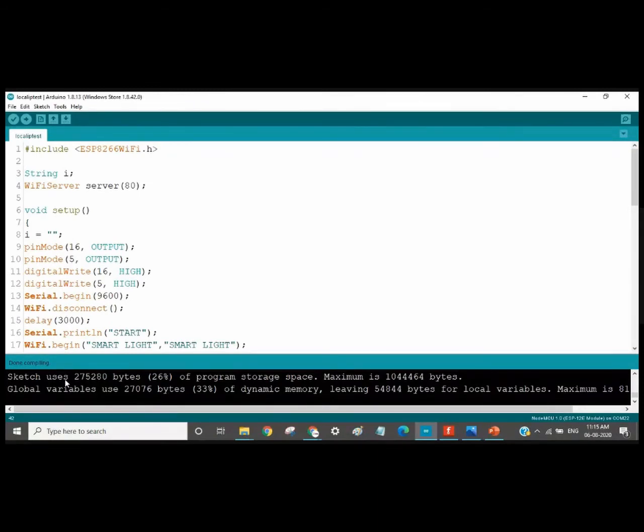Okay, Soham is asking that to communicate with each device, you need to have a unique IP for each device. Yes, absolutely, you have to have a unique IP, right? Whenever it connects to your system, it will automatically take an IP. Okay, so the router or the device or the hotspot which you are using will automatically allocate an IP to that device. The fourth part, that is the D part, will be ranging from 0 to 255 in each case. The first three parts, that is A dot B dot C, will remain the same. Only the D part will change. Okay, your IPs are like this, right?